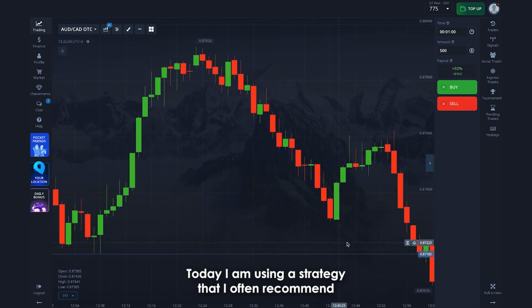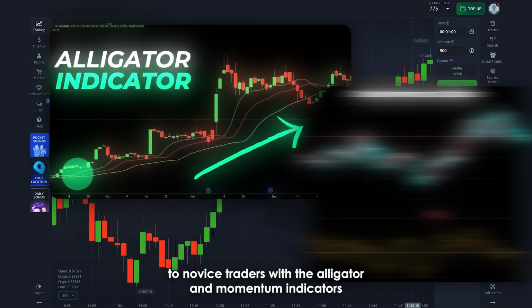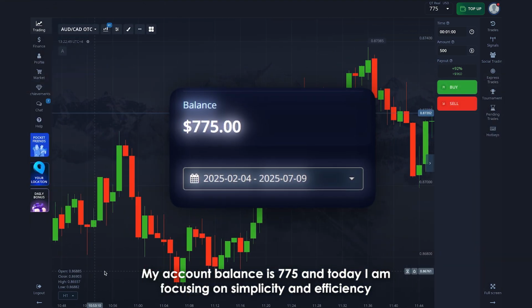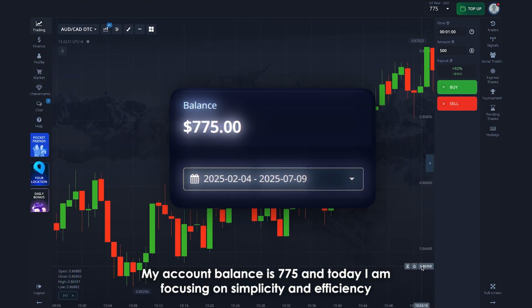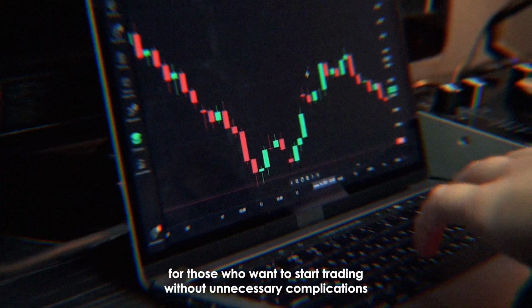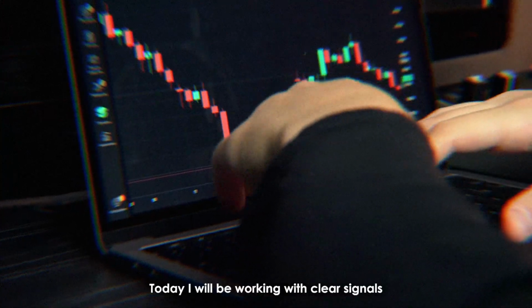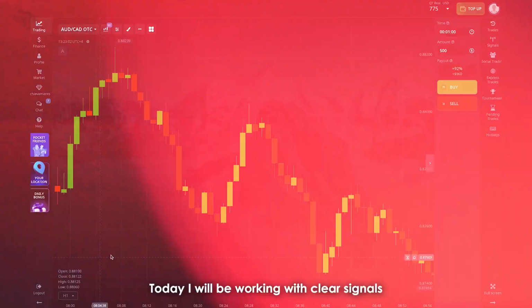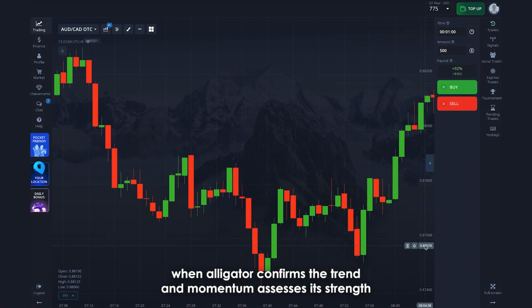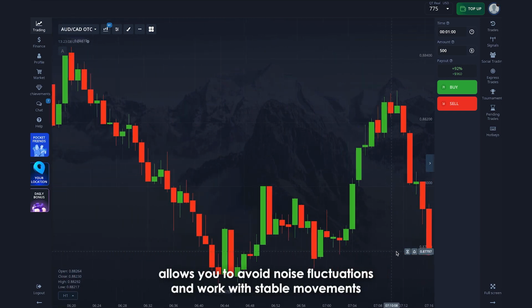Today, I am using a strategy that I often recommend to novice traders with the alligator and momentum indicators. My account balance is 775, and today I am focusing on simplicity and efficiency. This strategy is ideal for those who want to start trading without unnecessary complications. Today, I will be working with clear signals. When alligator confirms the trend and momentum assesses its strength, this approach allows you to avoid noise fluctuations and work